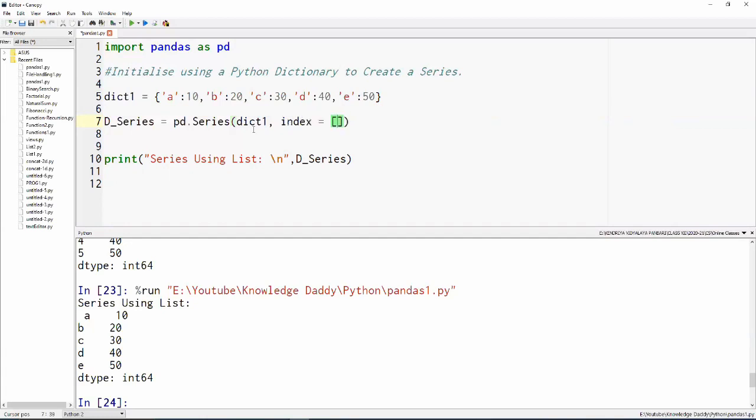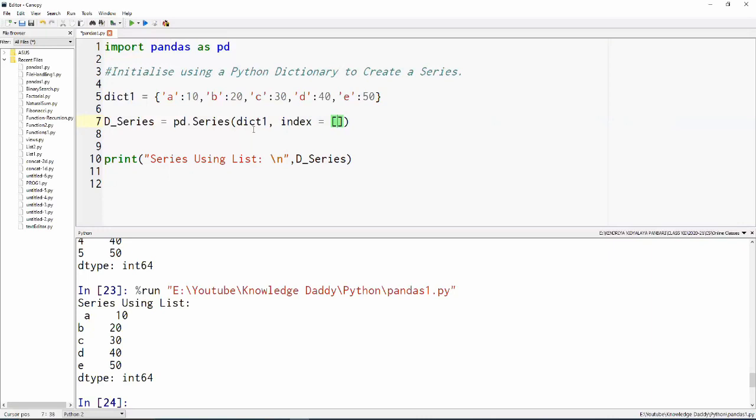Suppose the dictionary has the keys A, B, C, D, E, but we want it in a different order. We know the dictionary is not ordered, so it can take any random order in the series, but we want a specific order. If we want that, we just have to provide the index names so that it arranges according to the index values provided.